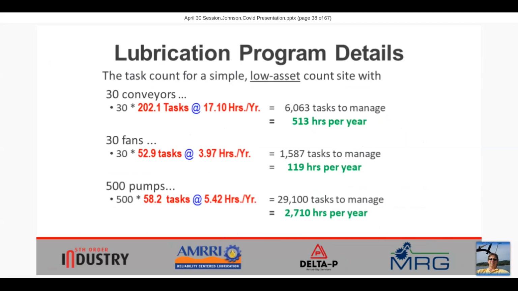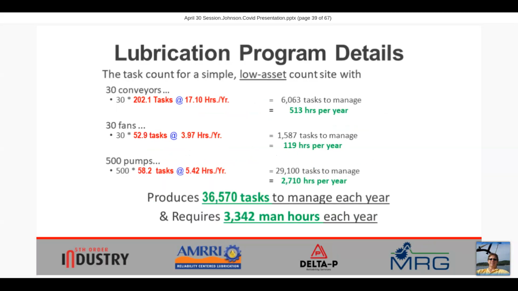When you throw all those things together, and let's say it's a fairly small asset population, 30 conveyors, 30 fans, 500 pumps. It doesn't take many assets before we can find ourselves measuring out and demanding a requirement for a large number of man hours. Now, this would be considered a fairly small production facility, yet even with only 560 assets doing something in a